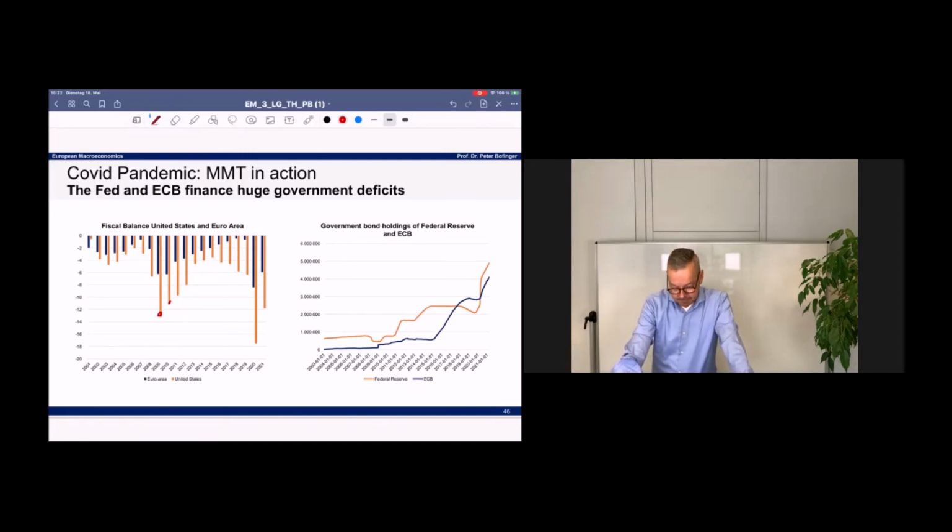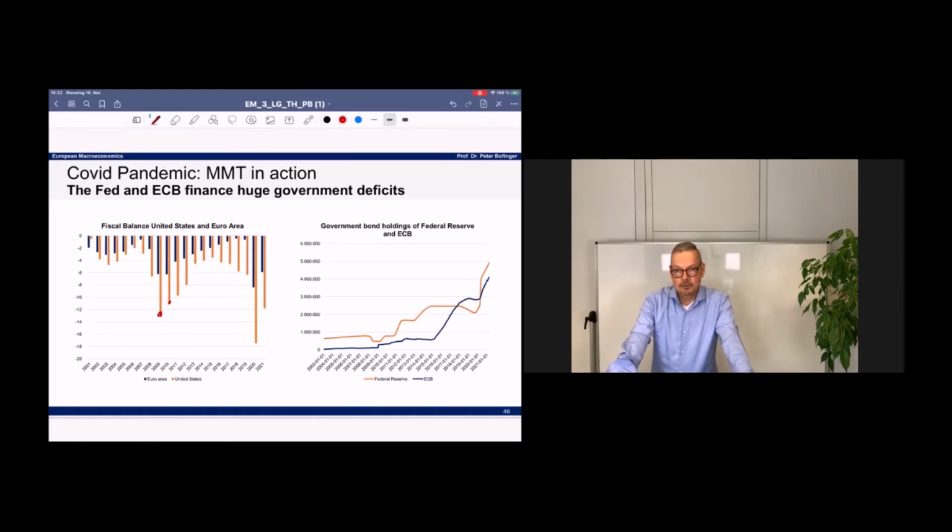And you can see for the whole period that in the euro area, the fiscal stimulus has always been much lower than the fiscal stimulus in the United States. So we can say in the pandemic, it's about 50% of what's happening in the United States. And this also explains why it's much more difficult for the euro area economy to get out of the pandemic in economic terms, why economic growth is much lower in the euro area than in the United States.